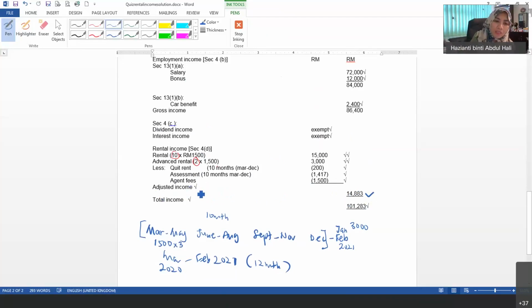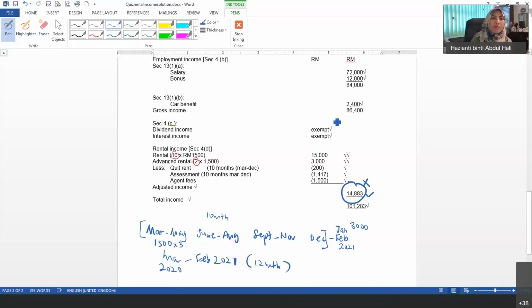So I award dekat sini, adjusted income ni. Sometimes kalau markah tu banyak, you will get mark here and also here. Katakan sini salah, but you still get mark untuk adjusted income ni. Macam tu lah. But not for this one. For this question tak ada, markah pergi dekat adjusted income je. That's why saya kata walaupun yang exempted ni, you still kena tulis juga. Nampak? So kalau tak, hilang satu markah kat sini.